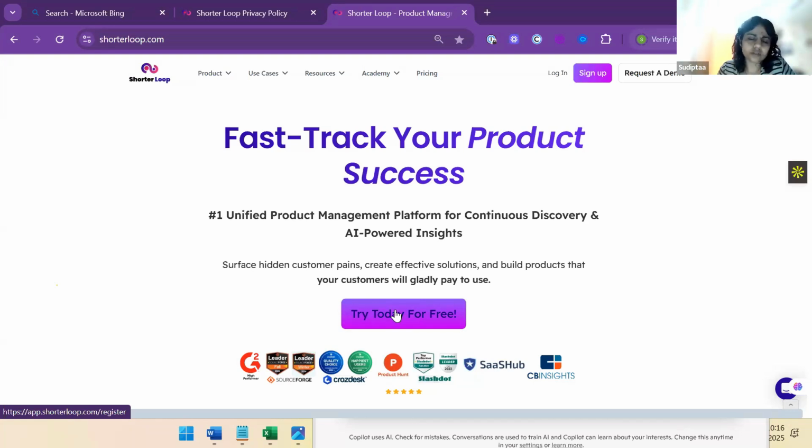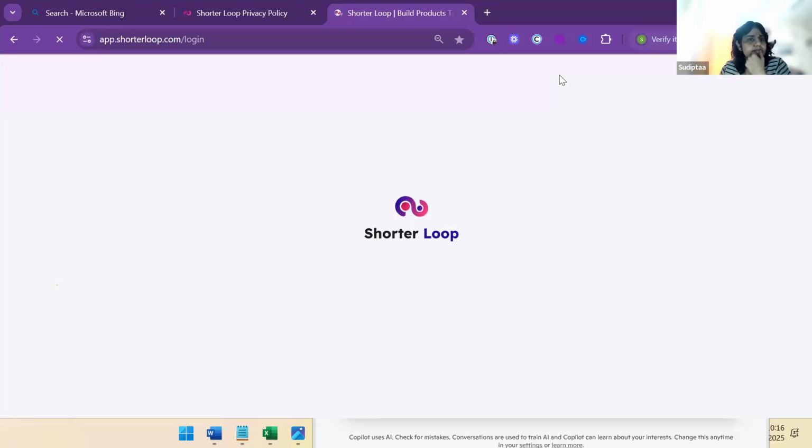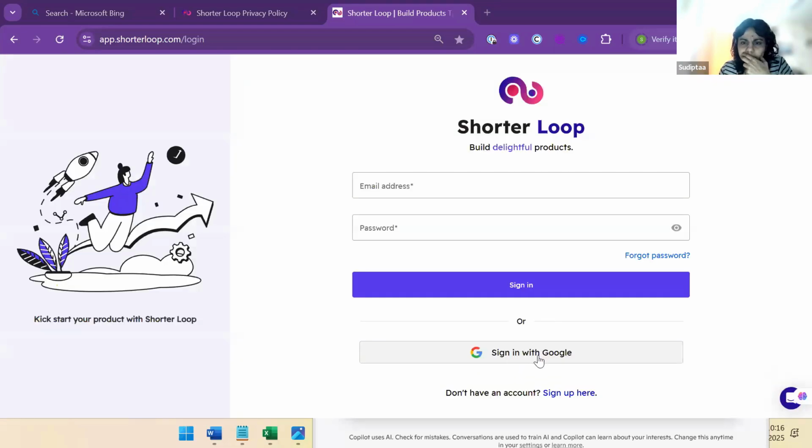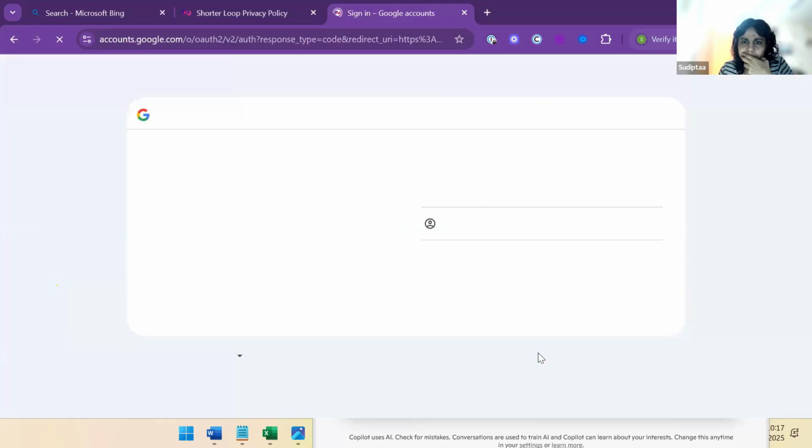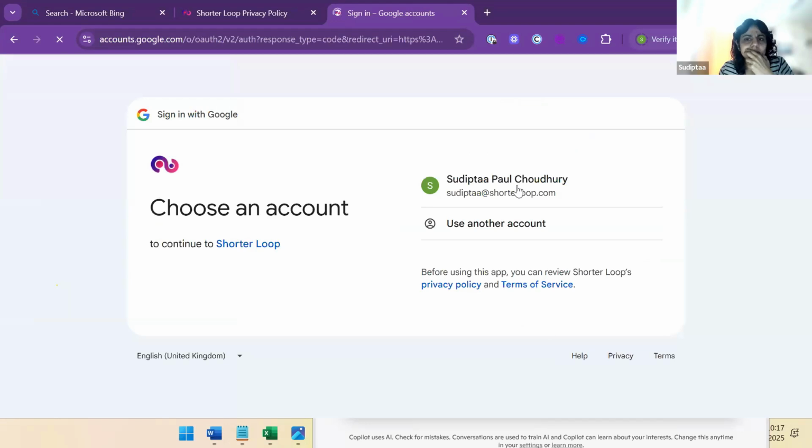Or if you want to do a fresh thing, then you create a new tool and new email ID. So now I will get into the login section of it. So then I go with the sign in, because I have my access already.